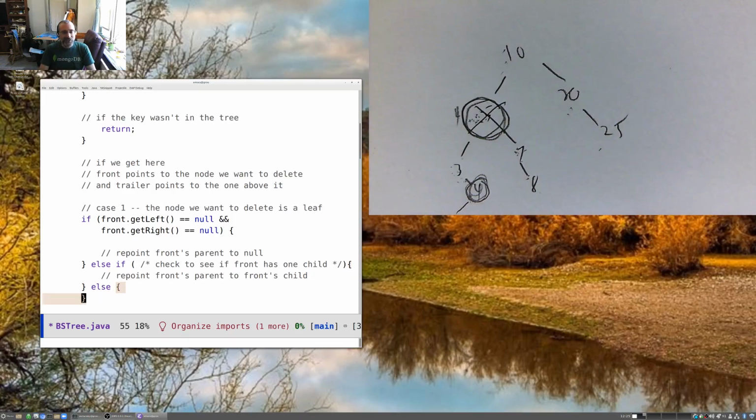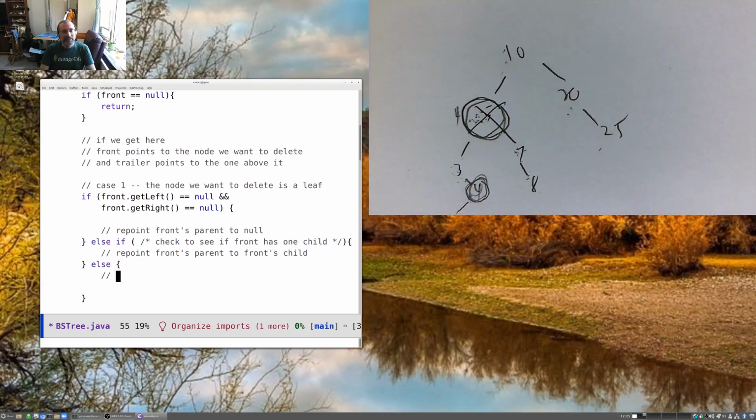And the final situation is here. If we get here, then front has two children. So what we want to do, two children, so what we want to do here is find the node with the smallest, let's go with this way, the largest value